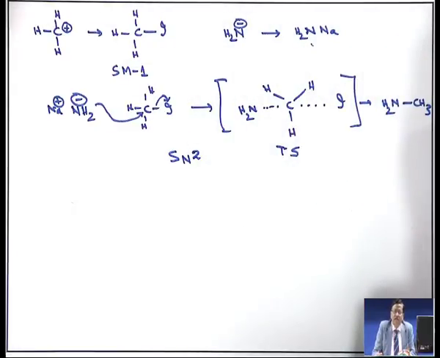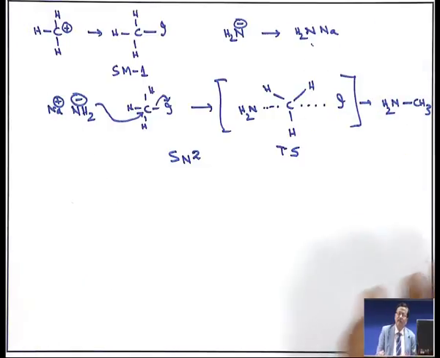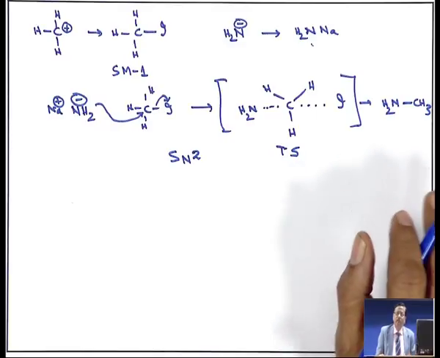The full form is substitution nucleophilic bimolecular, because in this case the two molecules are sodamide and methyl iodide, and this is a substitution reaction. Iodine is going out, iodide, and NH2 is entering. So, it is iodide substituted by NH2, through a transition state and no intermediate. So, it is a bimolecular reaction. So, in this way we are able to make the carbon nitrogen very simple compound, and